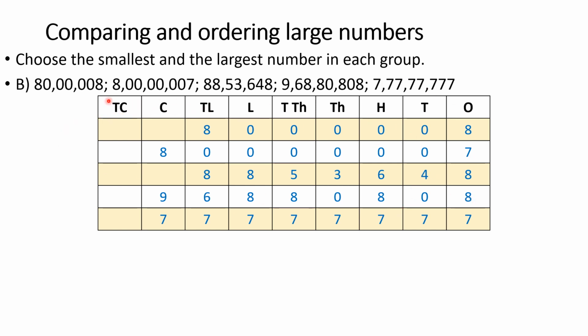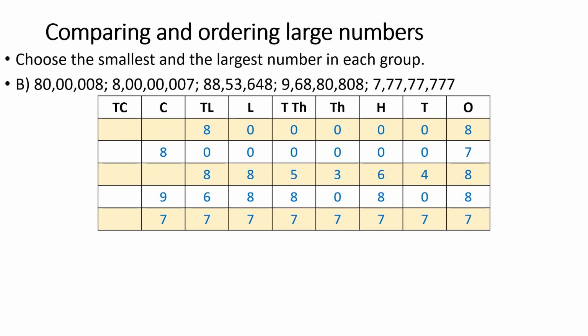So we will write down these numerals according to their places, and always we will start from ones. 8 at ones place, and this 0 at tens place, this 0 at hundreds place, and this at thousands place, this one at 10,000s place, this 0 at lakhs place, and this digit 8 at 10 lakhs place. In a similar way, we will write down all the numerals in this place value chart.